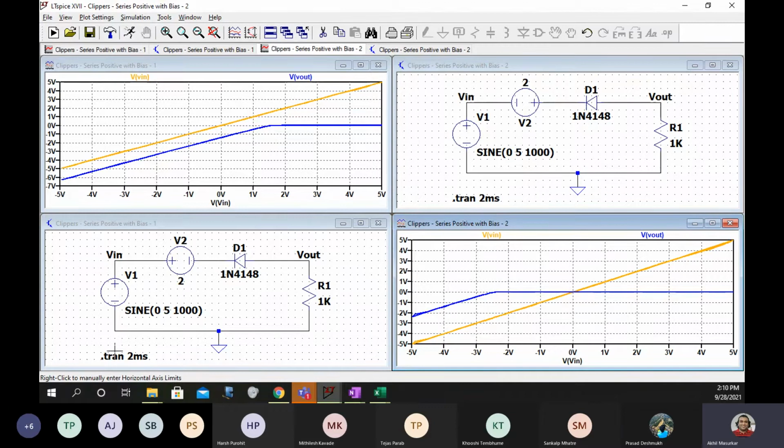Yes, sir. Whenever we deal with sinusoidal waveforms, we have to look at dot tran. Sinusoidal means it is varying with time. So we have to plot the waveform with respect to time, and to do that we have to use the dot tran command. So now we have used dot op, dot measure, and dot tran. There are many. You can actually do a project in this particular software.